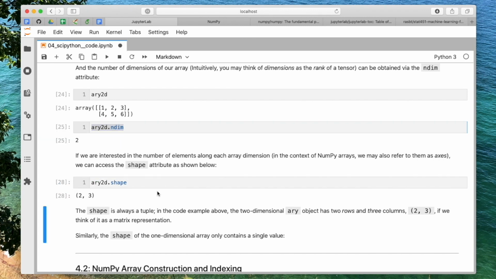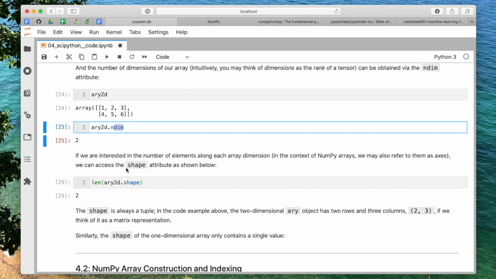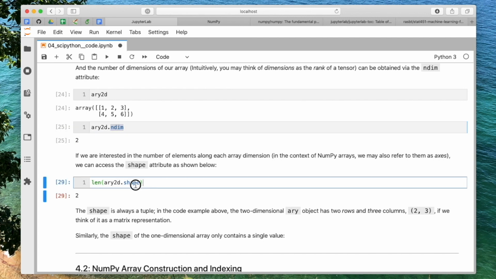And if you just do it like this, it gives you more information because it tells you how many elements are in each dimension or axis. So this tells me there are 2 elements in my first dimension, so there are 2 rows, 1, 2, and there are 3 columns, because there are 3 elements in my second dimension, 1, 2, 3. I almost always use shape, and if I actually need the number of dimensions for something, I always use, for some reason, length. Shape is just a habit. I never really think about ndim, but it's there if you need it. It's probably more efficient to call ndim than this one.